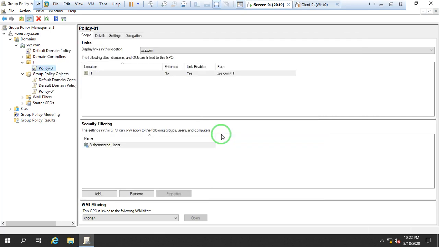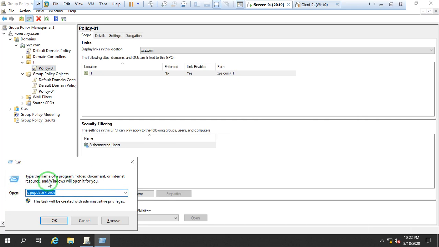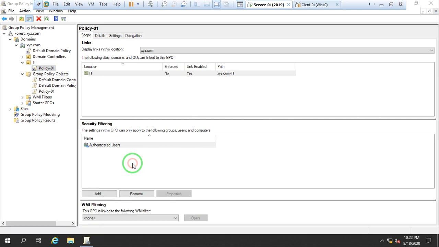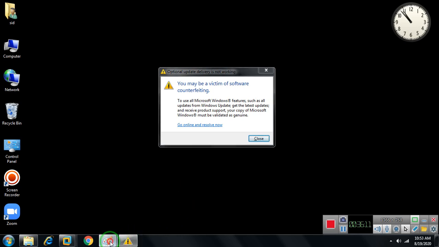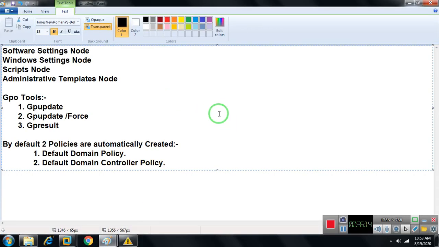Now let me check by running Start, Run. You can see I'm able to use Run, because I'm the administrator and not part of the OU. But if I log in as user 1, user 2, user 3, user 4, user 5, user 6 or user 7, none of these users is able to access Run. This is how we can apply policies on particular users or on a full domain network. Understood? Fine.